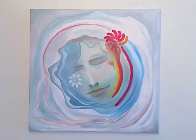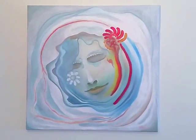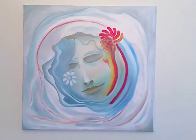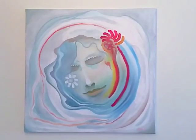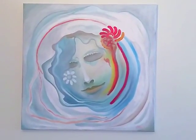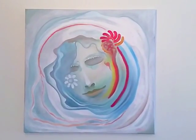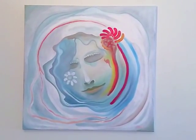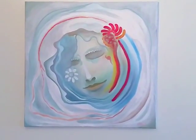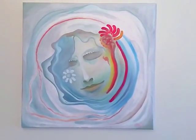So now years later, I pulled it out a couple of weeks ago, and something said just put white over it. I very rarely use white in my work. I don't use a lot of white, but usually I use the white of the canvas as the white in my images, but something said to do it, and she emerged, and I'm naming her Pearl,